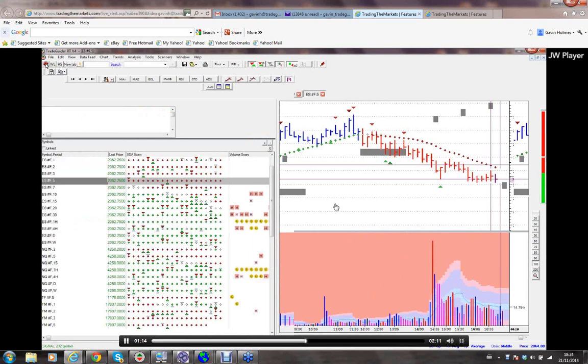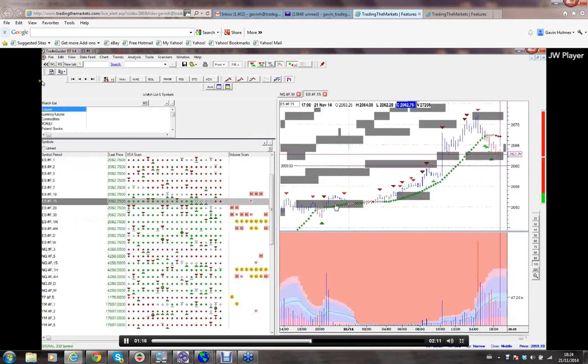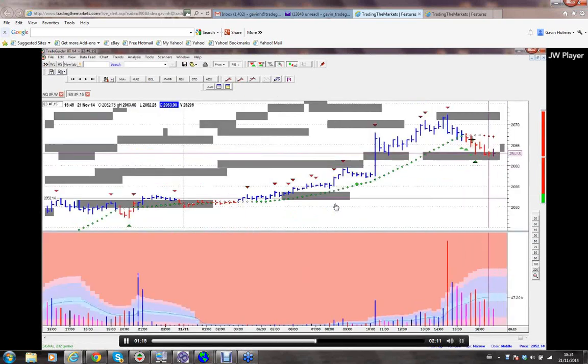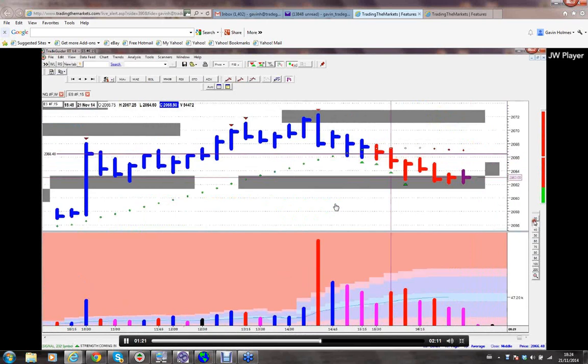And then on the 15-minute chart, you can see here, any effort to stop the market has been failing at the moment. You can see here, we've got a couple of signals on these bars, an effort to shake the market up, but it's failing. And then this bar, this is the 15-minute bar, notice the market's gone up. Look at the volume, it's the lowest, almost the lowest of the session. Okay, so what I'm looking for now is just to break down below 2062, which we're very close to.